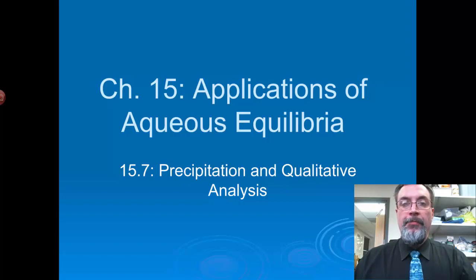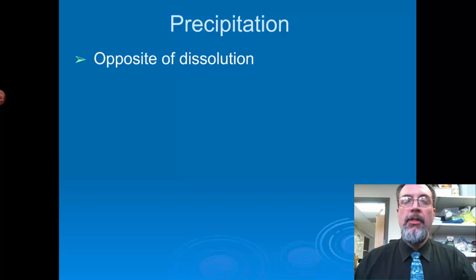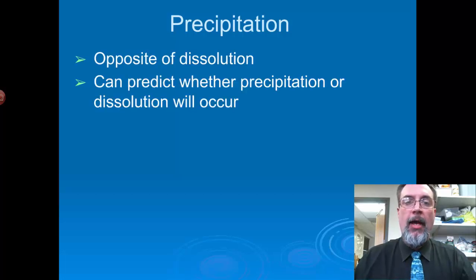Something else we can do is take a look at precipitation. Precipitation is the opposite of dissolution, the opposite of dissolving. It's what happens when a solid comes back into being from its solvated ions. What we can use equilibrium for is to predict whether something is going to precipitate or dissolve based on